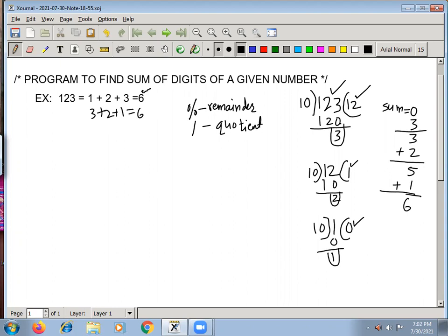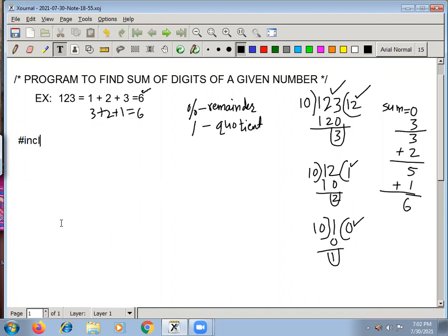Now the same mathematical operation your program should perform, and it should stop when your number becomes 0. Now let me convert these mathematical steps, because most of the questions asked in TCS Ninja will contain mathematical solutions. So you should know how to convert these mathematical solutions into programming steps. Right. So now here what we do is we include the header file. Don't forget to include the header file.